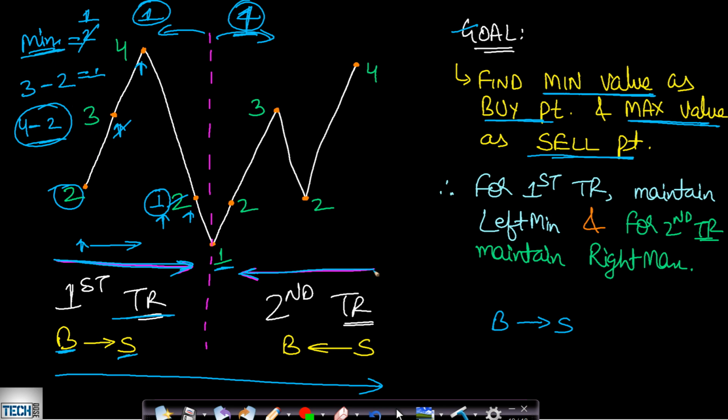Now when we are moving from right to left, then the thing changes, because we are moving against the time frame. Time frame is moving from left to right. We are moving from right to left in order to solve the right hand side transaction. Now in this case, if we already know that the maximum element is, let's say, 4, then at a given point, let's say at 3, what will be the profit? The profit will be equal to the maximum value on the right hand side on which we will be selling, which will be 4, minus the current day value on which we will be buying. So that will be equal to 1.